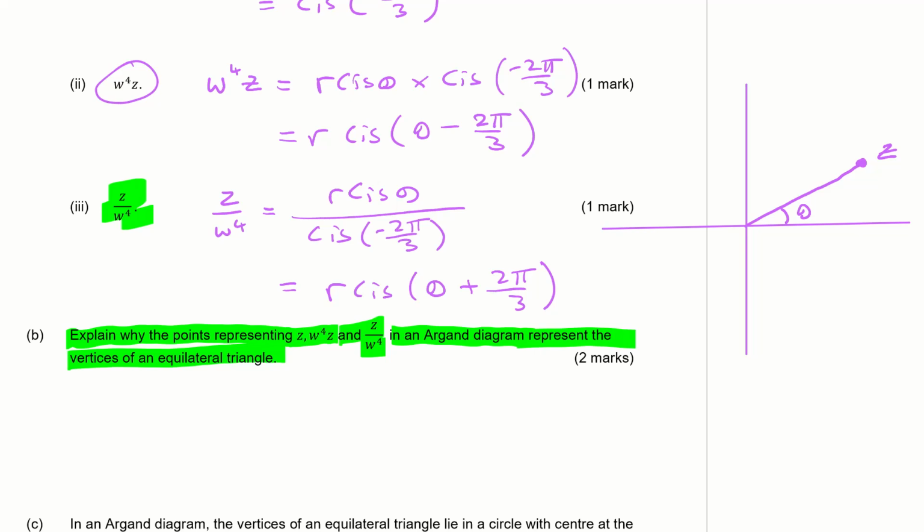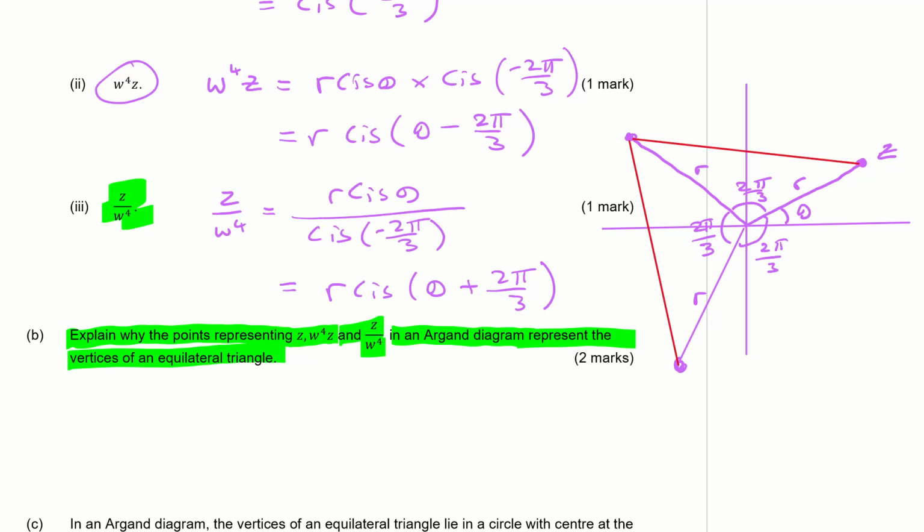Well, we know that we have theta add 2 pi by 3. I should note that that's r and that's r. And so this is 2 pi by 3 here. And then you've got the theta take away 2 pi by 3 down there as well. So that's r. And that is 2 pi by 3, meaning that this is also 2 pi by 3. So if we now draw the triangle like this,